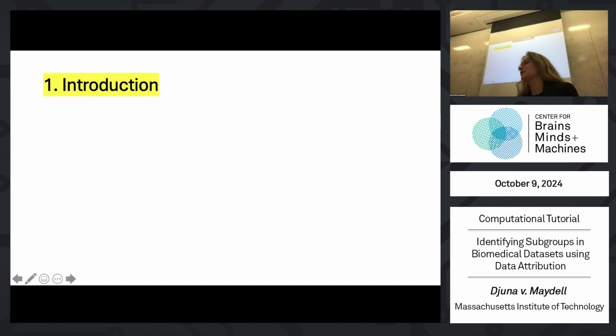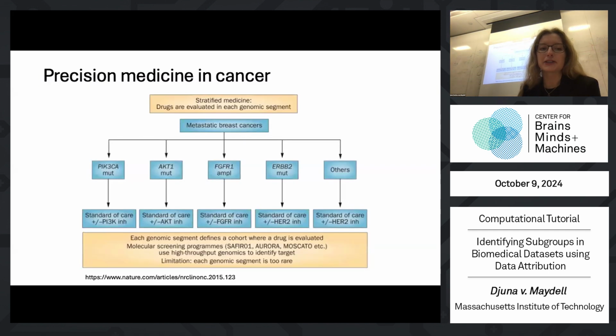I came into this topic through a biological problem that I've been working on during my studies here. In particular, I'm interested in understanding whether there's evidence for different molecular subgroups in diseases like Alzheimer's disease, which are very complex. As inspiration, probably most of you know that the cancer field has made a ton of progress in precision medicine. Even a cancer type like breast cancer can have a lot of different subtypes